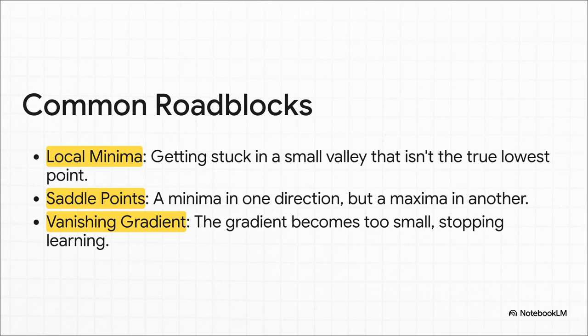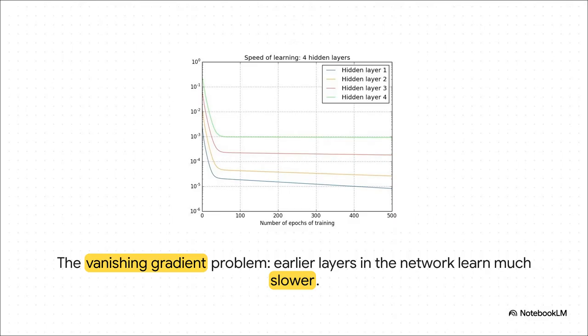First, you've got local minima. These are sneaky little valleys that feel like the bottom, but they're not the true lowest point on the whole map. Our hiker gets stuck, thinking its job is done. Then you have saddle points. These are really tricky flat areas that slope down in one direction but up in another, totally confusing the hiker. And maybe worst of all is the vanishing gradient, where the ground just becomes so flat that our hiker can't feel any slope at all and just stops moving. Learning is over.